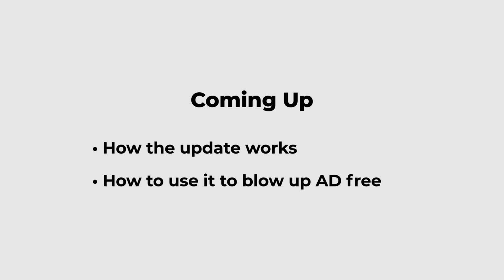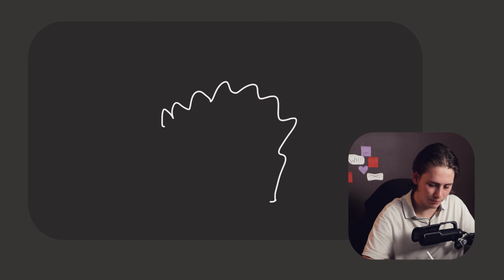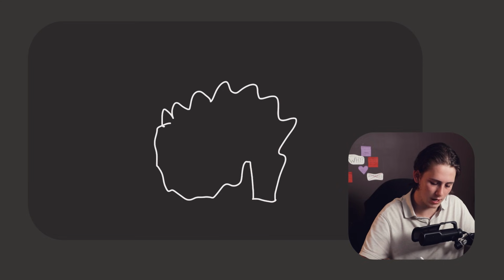But to replace ads with organic content, you can't just post and hope it performs. So first, let me show you how the algorithm works so you have an unfair advantage. So let's imagine this brain represents your customer's mind. And yes, that's a brain. We're going to call him James.